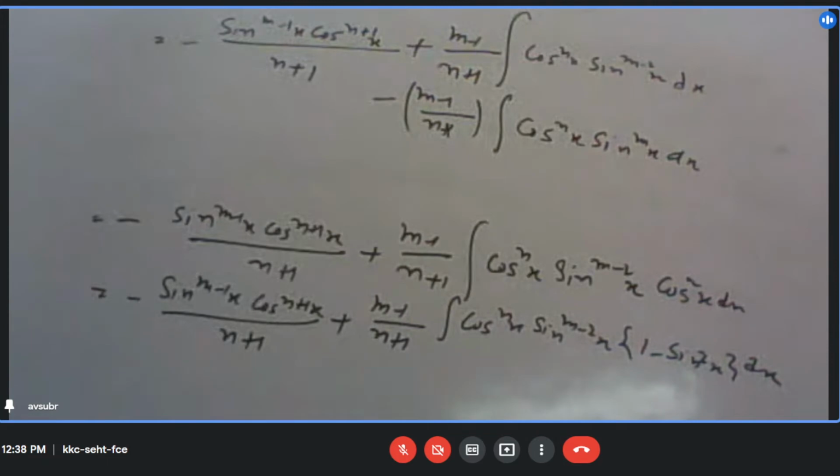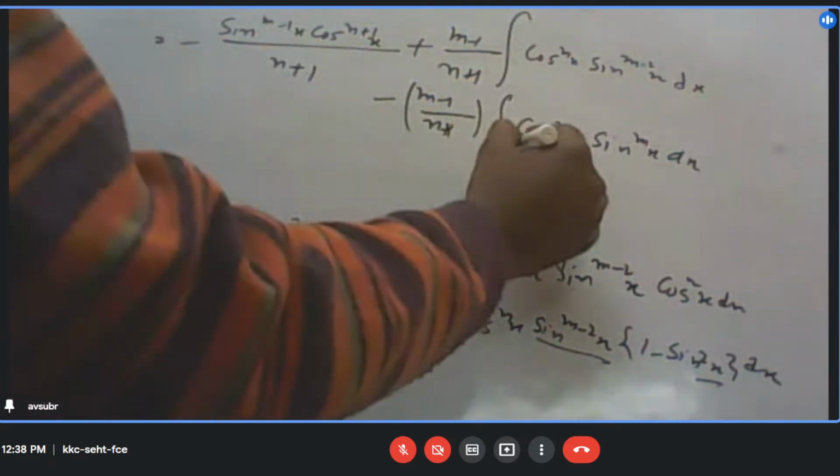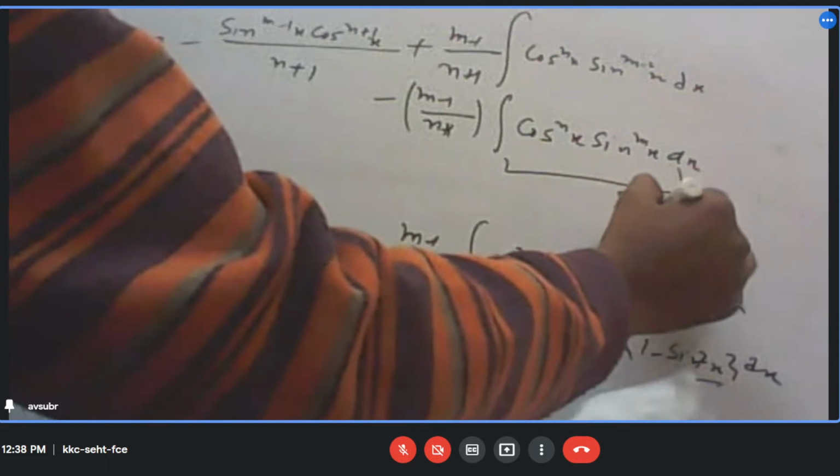Can I write it down like this? Multiplying by sin square x, that will become sine to the power m x. Yes, sir. All right, so this is once again the same integral which we started with,